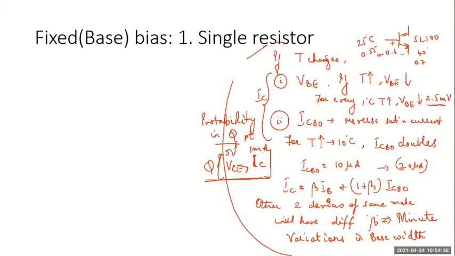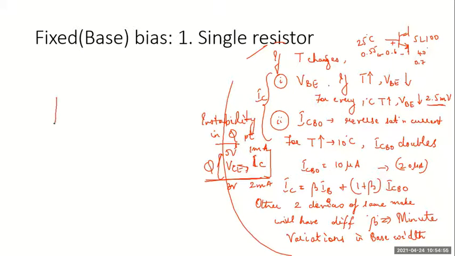I have designed the same circuit in winter. In summer, this will simply change. It will change IC to 2 milliamps and maybe VCE to 3 volts. It will simply get shifted because of change in temperature. And if you replace the transistor, it will again change. So these are two major problems we should take care of. Is that clear? So let's look at the first biasing circuit, which is the fixed bias.